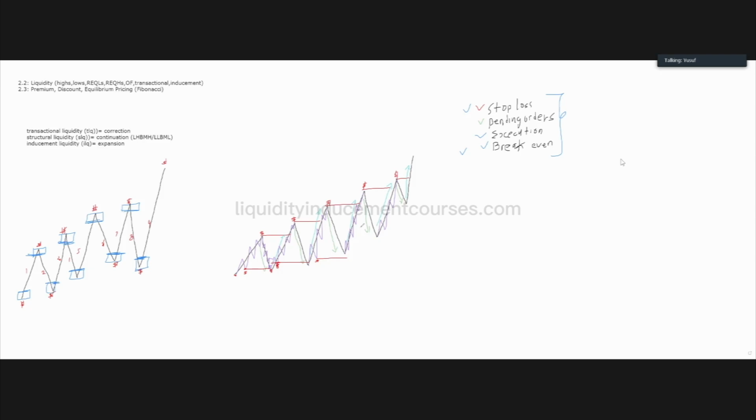However, if I'm already, for example, in the sell and I get to that level and I know I'm in an uptrend,